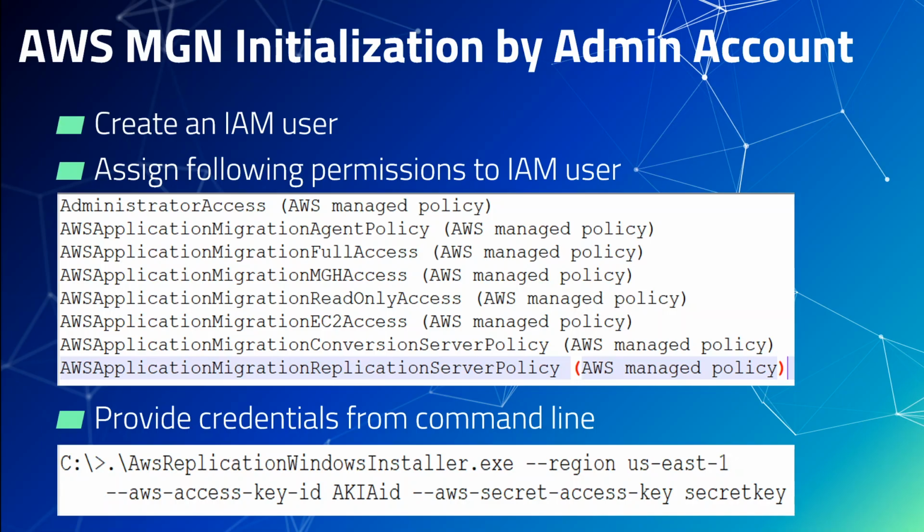But as per the security standards of AWS, most of the users won't have access to the root account or they won't be allowed to use it by their security team. In that case, what you need to do is to follow these steps on your screen to use and initialize the AWS migration service. First and foremost, create an IAM user from your AWS IAM console by your administrator user